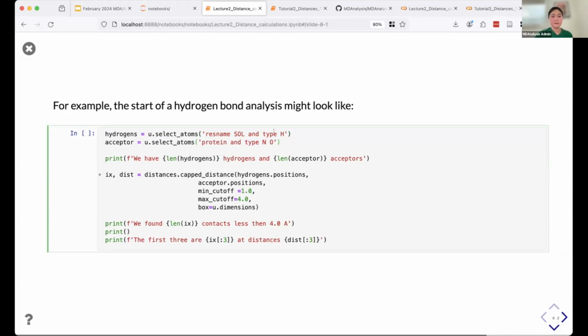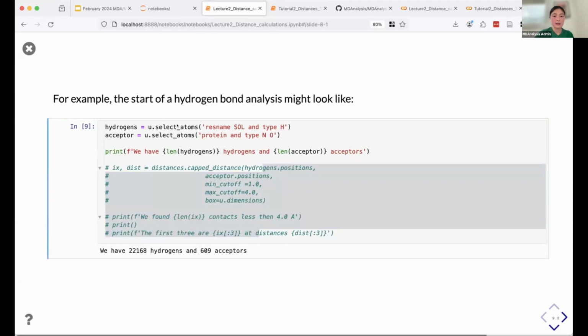This is a bit of shorthand, so this is type NO. It's shorthand for protein and type N and type O. It gets a bit tiring typing out too many of those, so we can also shorten it into just a list of types. So if we run this,